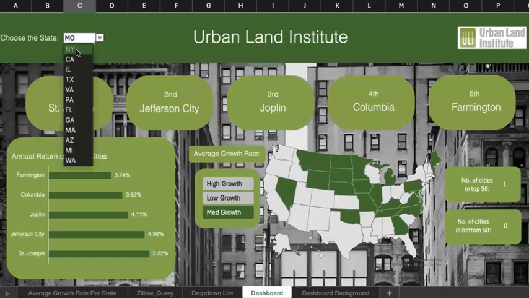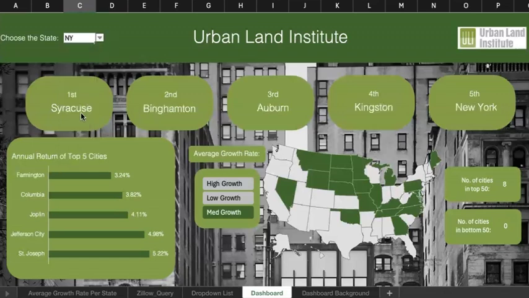And then if we change it to New York, for example, all these will auto-populate with again, the top 5 cities for annual growth rate in New York. Then you can look down here. These percentages are much higher, indicating higher growth. And then more proof of higher growth is the number of cities in the top 50 out of the whole data set. There's 8 cities, which tops the list, and 0 cities in the bottom 50.